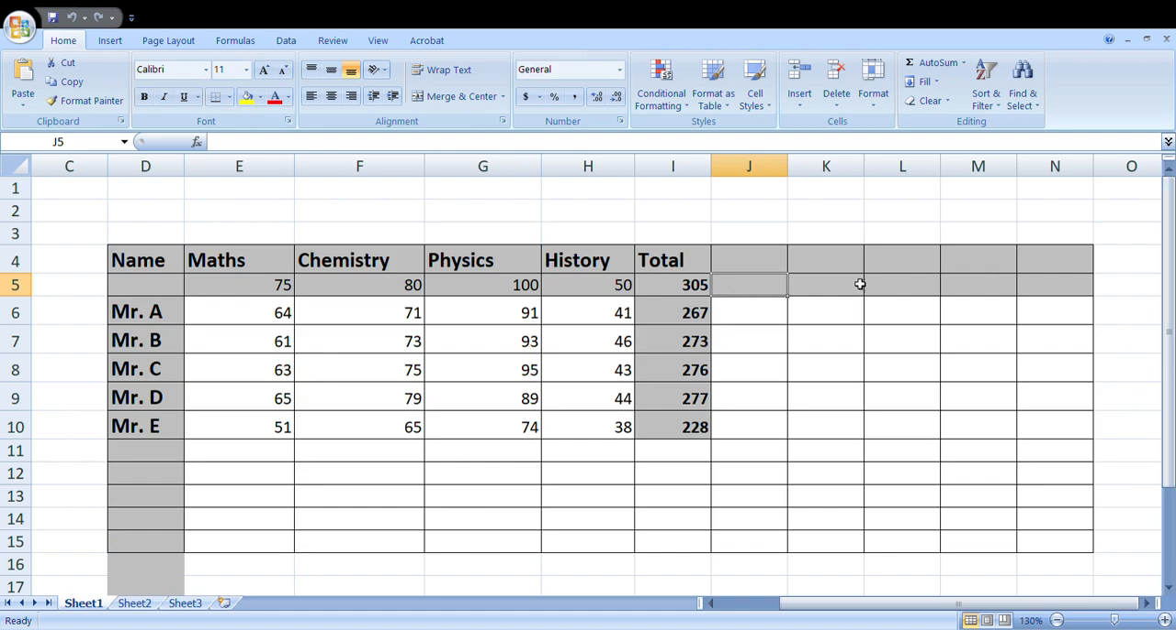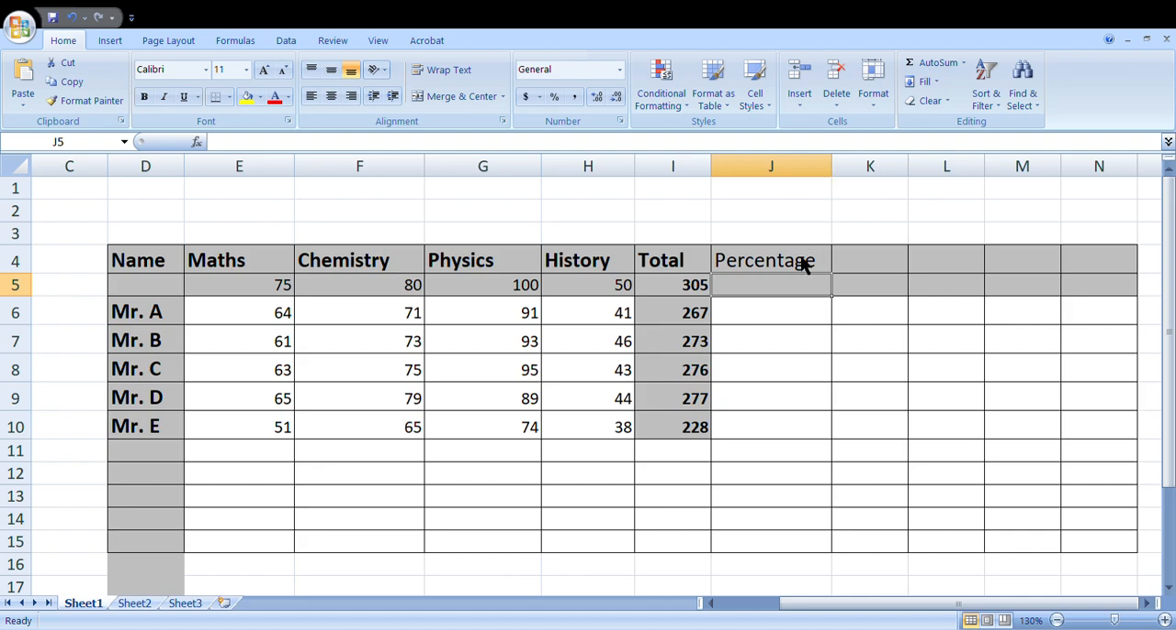So here in this cell we are going to perform the operation of percentage. We give a heading here of percentage. The word is a little long, so you can drag this to a bigger size. Make it bold, and now you're going to find the percentage of this one. This formula will be